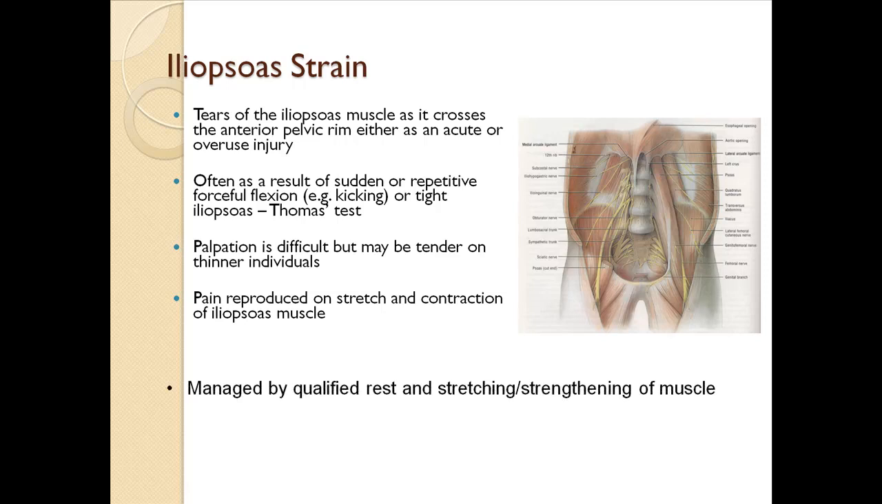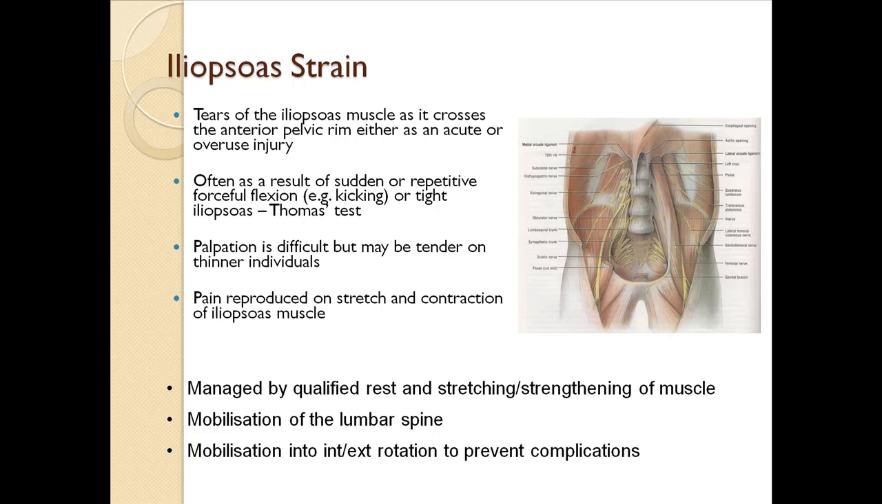Management is by relative rest, avoiding the activities that aggravate it, and stretching and strengthening the iliopsoas component. The strengthening must include concentric and eccentric control. Mobilization of the lumbar spine and or the sacral spine may help, as psoas major in particular attaches to the transverse processes and vertebral bodies of T12 to L5. Make sure that the hip maintains its rotation. Loss of internal and external rotation